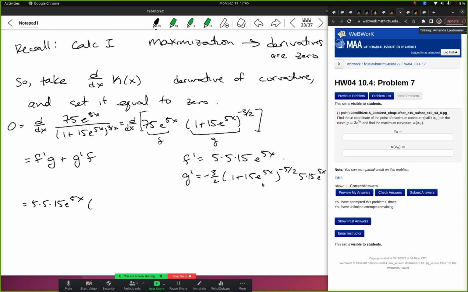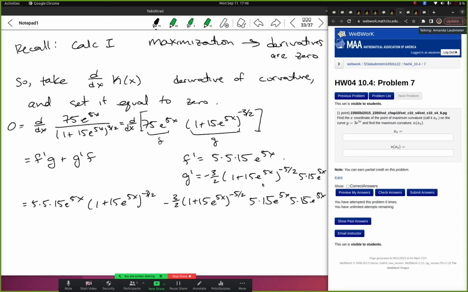My g is 1 plus 15 e to the 5x to the -3/2 plus my g prime is -3/2, 1 plus 15 e to the 5x to the -5/2, 5 times 15 e to the 5x times f, which is that 5 times 15 e to the 5x. This is a lot,